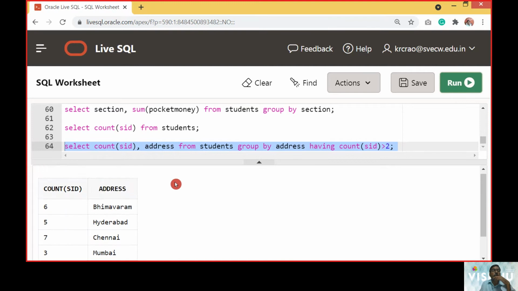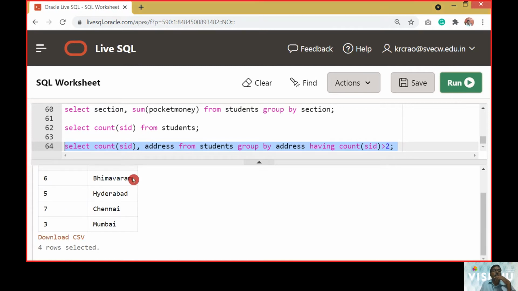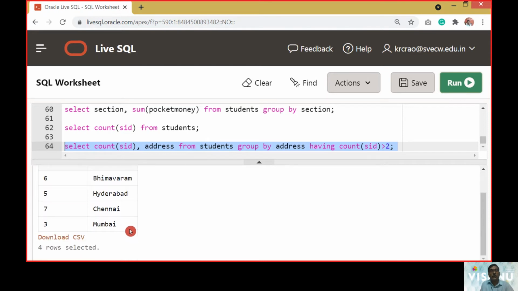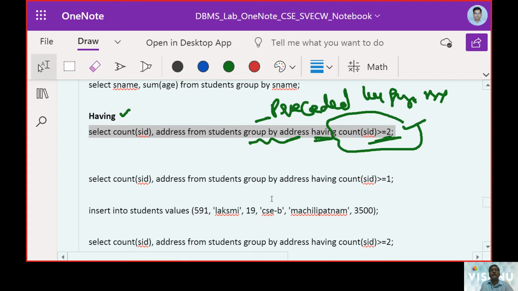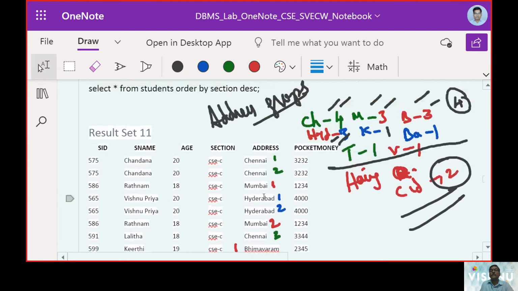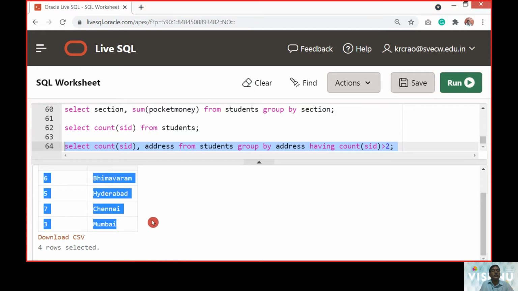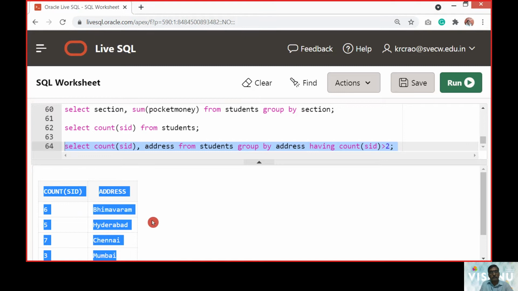So now you can see Bhimavaram, Hyderabad, Chennai and Mumbai. These are the IDs we were expecting earlier. So we got these occurrences right. Total occurrences was 4.